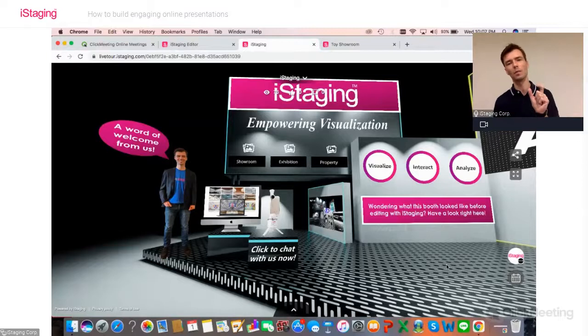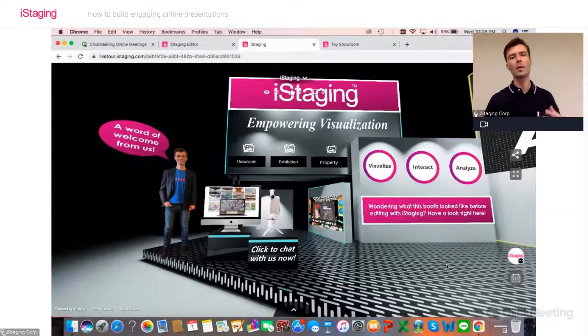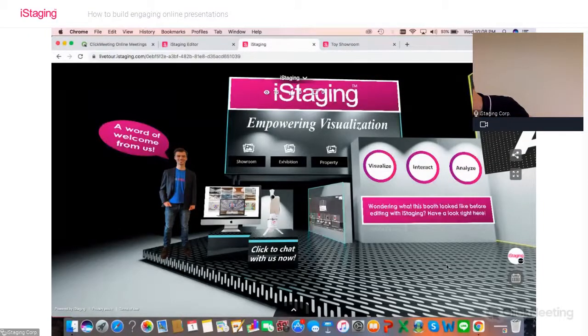And the third thing that is really important is text versus visuals, right? If you take PowerPoint presentations as an example,